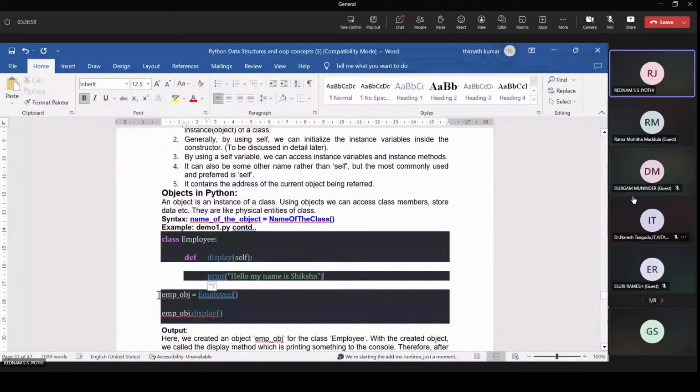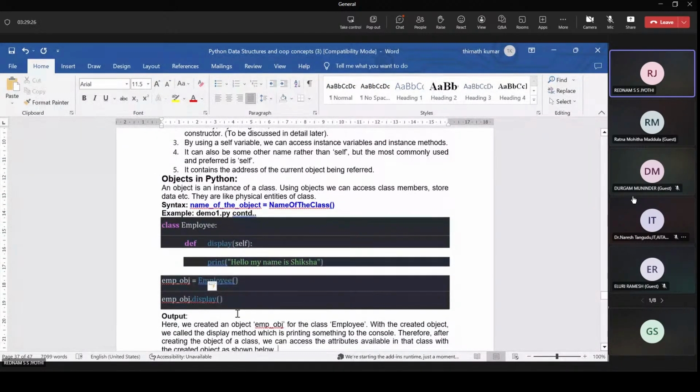This is the variable name, employee object, equals employee. This is the creation of the object. Whenever we create an object of the class, internally it calls the constructor, which is used to assign the instance variables of the class. Then employee obj dot display, and now we will get the output: Hello, my name is Shiksha.